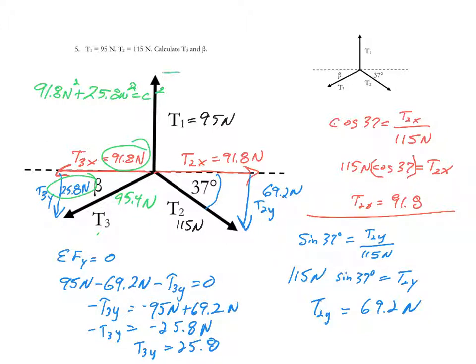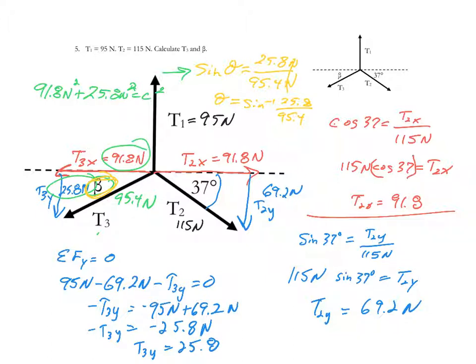And I'm kind of running out of room here, and I kind of want to leave it big. So I'm going to come over here to solve for this angle. I can go to another color. The angle, I don't care which one you use, any one will work. Let's go sine of the angle equals opposite, which is 25.8 newtons, divided by hypotenuse, which is 95.4 newtons. The angle, boy this is getting messy, is inverse sine of 25.8 divided by 95.4,